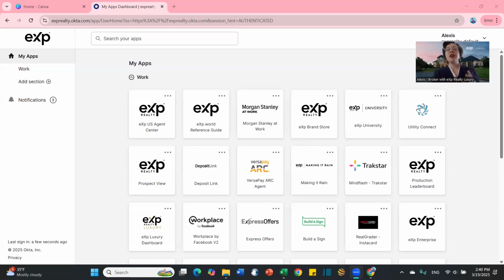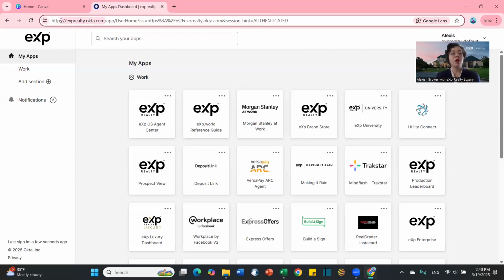With the free version, you get a couple of marketing materials you can access. With the pro version, you get to access everything that's in the Canva portal. So what's great is that with eXp Realty, you get the pro version. So what you'll first need to do to get access to it, if you've never logged into Canva before with your eXp Realty account, is go to